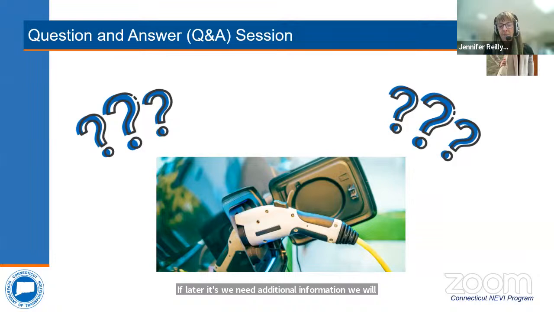Like I mentioned, it's not required for this LOI part of the application, but it's going to be required, and we'll explain it in much more detail in the RFP.